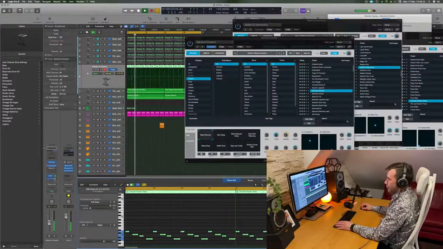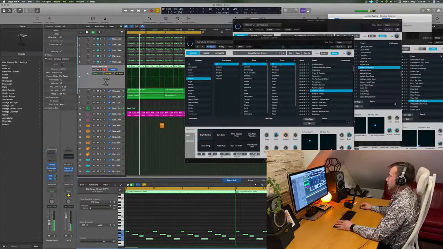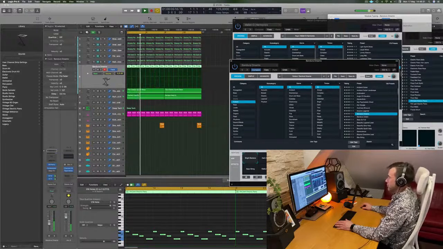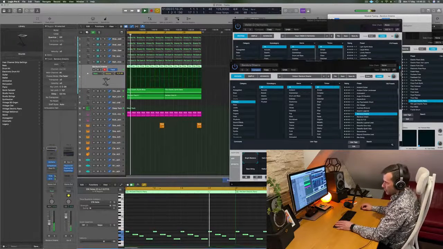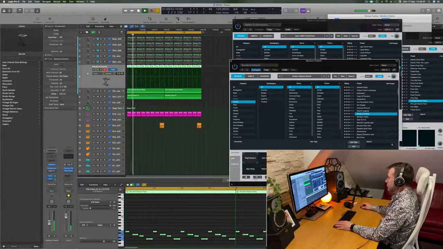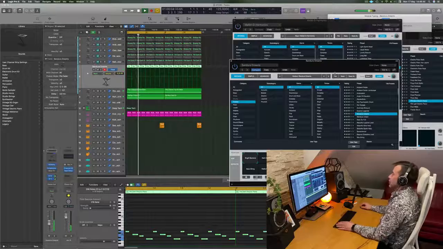Oh yeah, bit of a delay. Play with the cutoff. Drop a bit of reverb because it's a bit too intense here. So there is definitely something to do with that, guys,